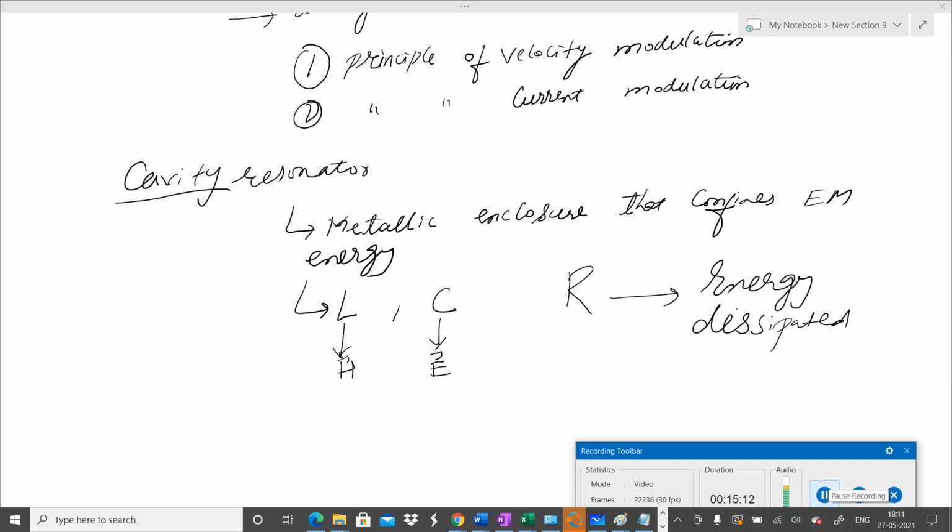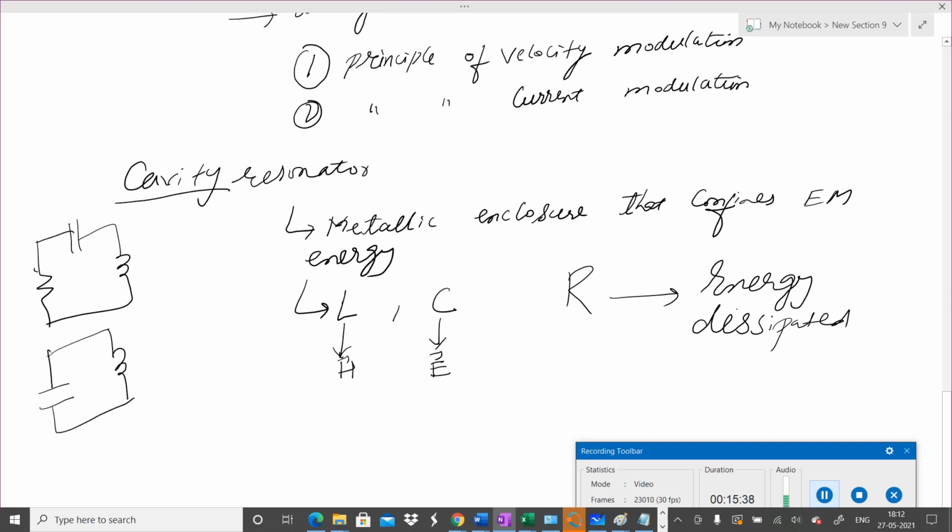So it can equivalently be denoted as an RLC resonator. Now you know what a resonator circuit is. If you have a simple RLC resonator circuit, it operates at a particular frequency and particular modes depending upon the values of L, R and C. In fact, a lossless LC or RC, these also you might have studied. So you can think of cavity resonators as their microwave equivalent. They are not a circuit, it will be a cavity.